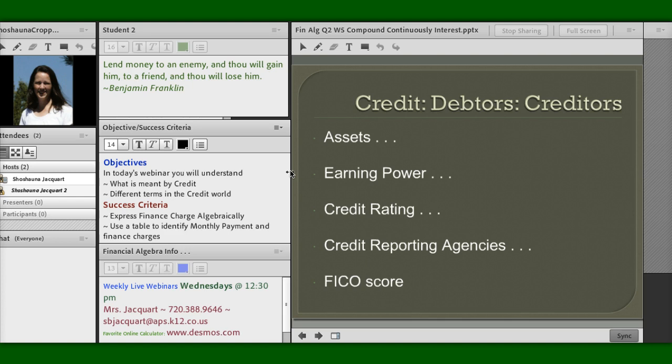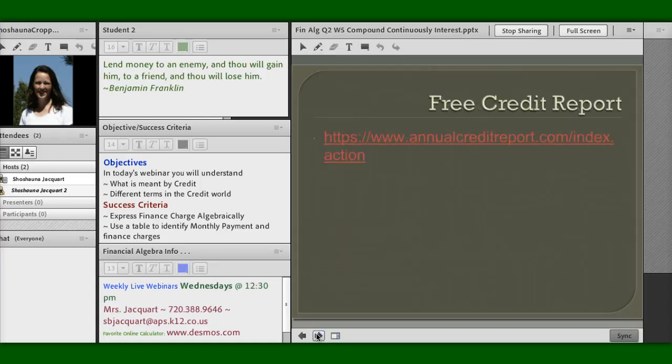Now there are 3 credit reporting agencies. One of them is TransUnion, the other one is Experian, and I am at a loss for what the third one is, but maybe we could go to that website and look real quick. There's a FICO score, and that's what people use; your interest rates are based off of FICO scores. So if you have a high number, that's a good thing, and you'll get a lower lending rate. So let's go to this website.